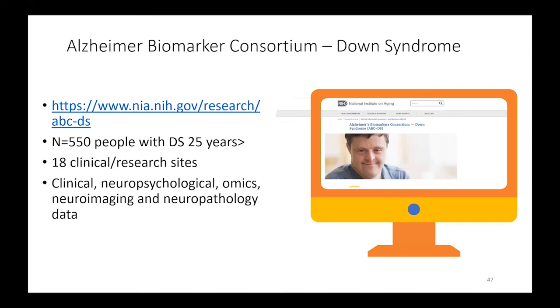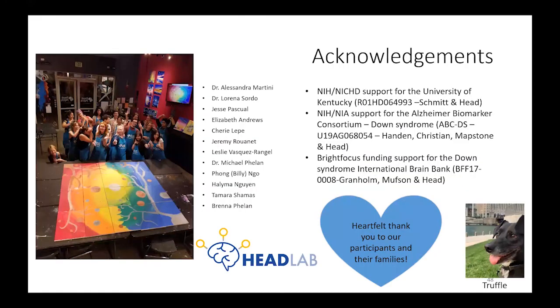So these sites are all around the country. We also have a site in the United Kingdom, and I'm hoping in the next iteration of the ABCDS, we'll have more sites both internationally and nationally. But this is really an exciting and fun study, and all of the data, imaging data, proteomics data, metabolomics data, genetics data, are all deposited into data warehouses that are accessible by anybody. You just put in a request and we can share that data with you. So we're encouraging people to use this data as much as possible.